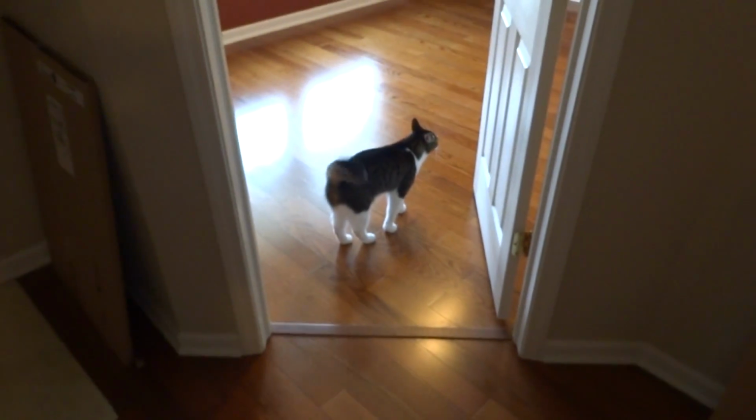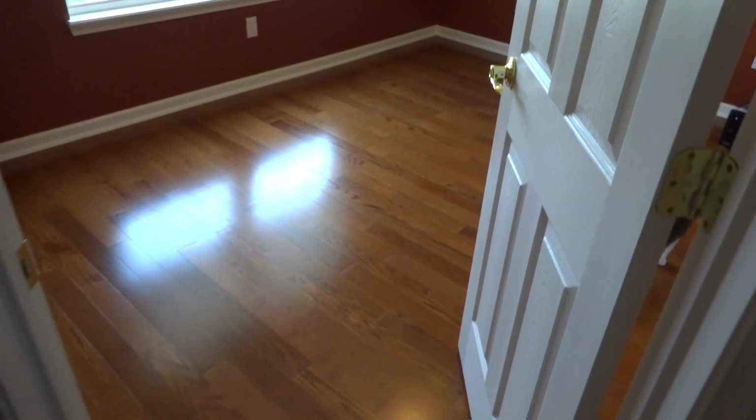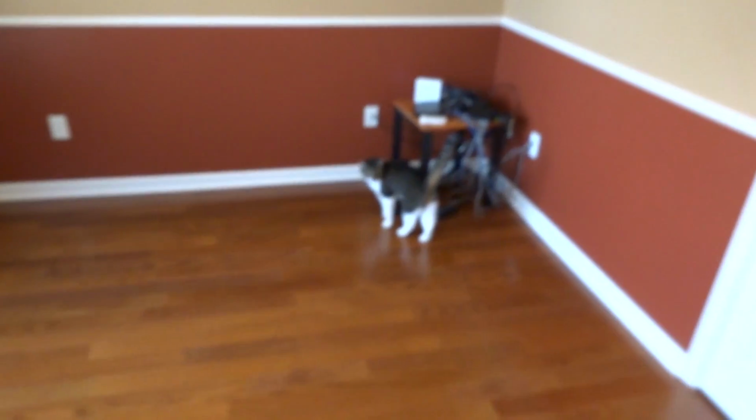So now even looking in, it's really echoey in there. Looking in from outside, it's got a good look to it. Of course, the cat's exploring. He's not sure what to think. But yeah, glad to have this done and be able to move back in. So with that out of the way,